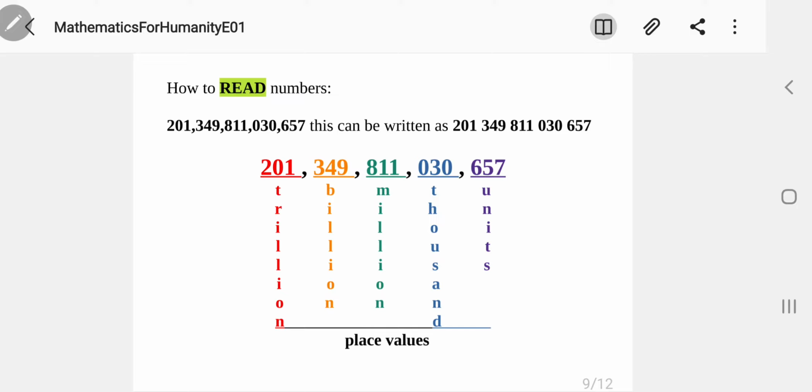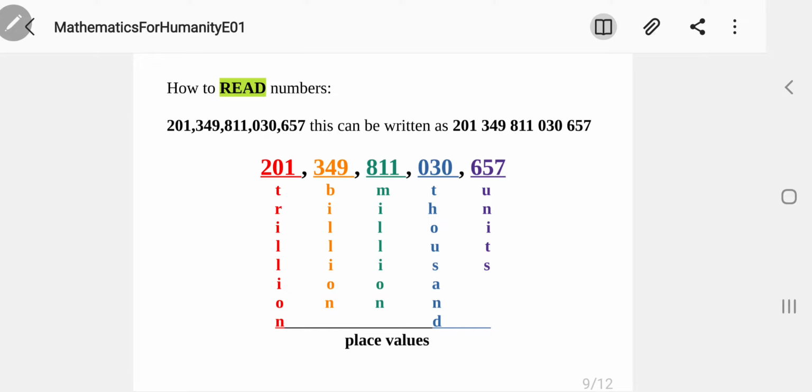There are 15 digits of this number, and this is very large. This is, well, not difficult to read, but you have to remember the placements of the number, and the numbers are actually grouped into three digits